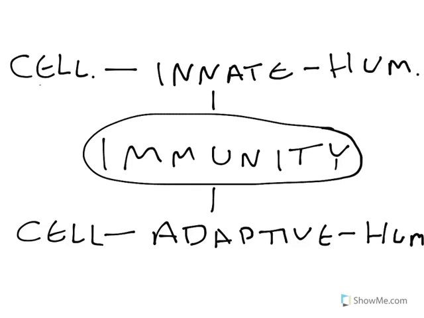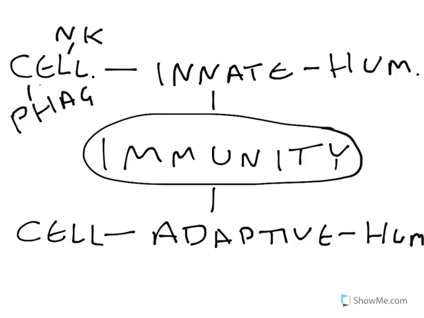Now, the cellular components of the innate immune system include cells which you should already be familiar with, and those are the phagocytes. These include cell types such as macrophages, which basically take up foreign pathogenic material and destroy it, so they're fairly indiscriminate. If they recognise something which is foreign, they will ingest it and destroy it. Another type of cell in the innate immune system is called the natural killer cell, the NK cell. NK cells have a number of interesting roles, one of which is to survey the body for cancer cells. So NK cells are involved in the removal of cancerous cells in the body.